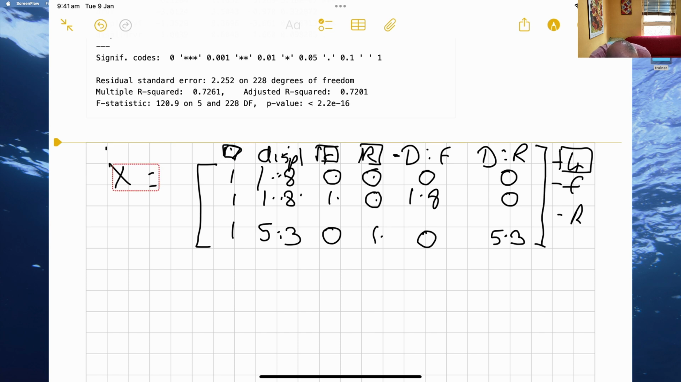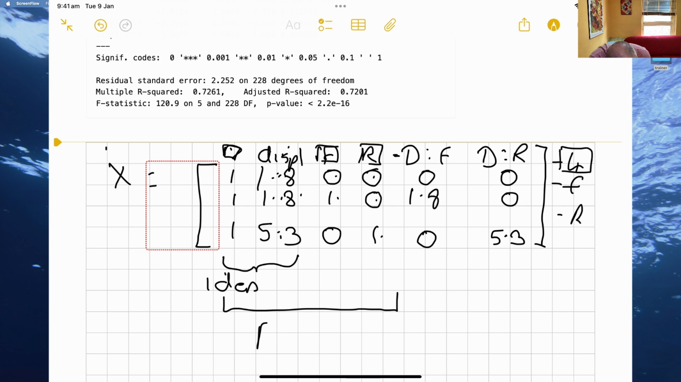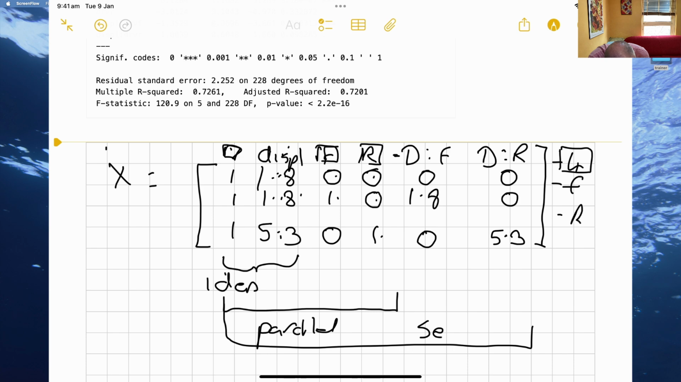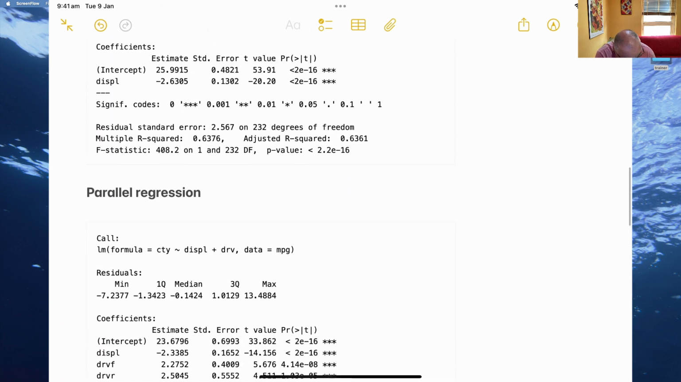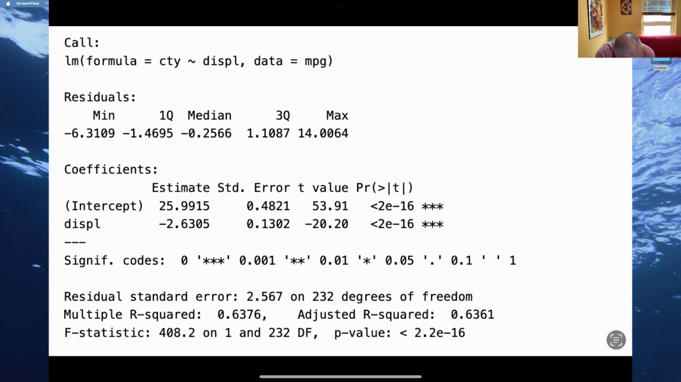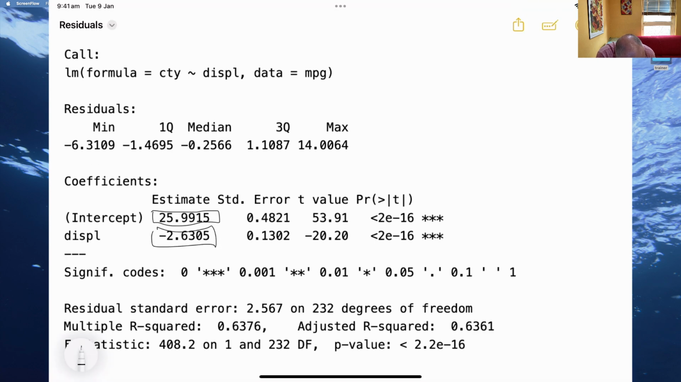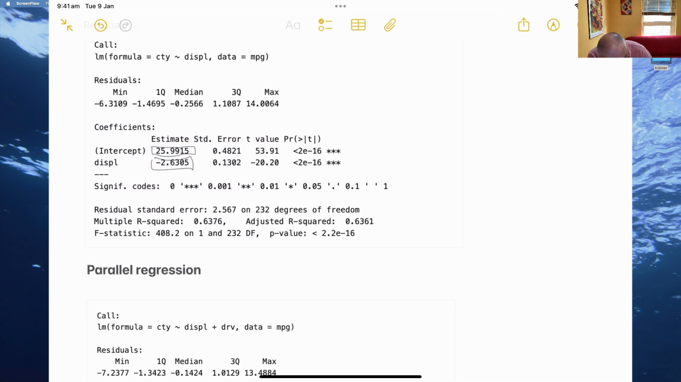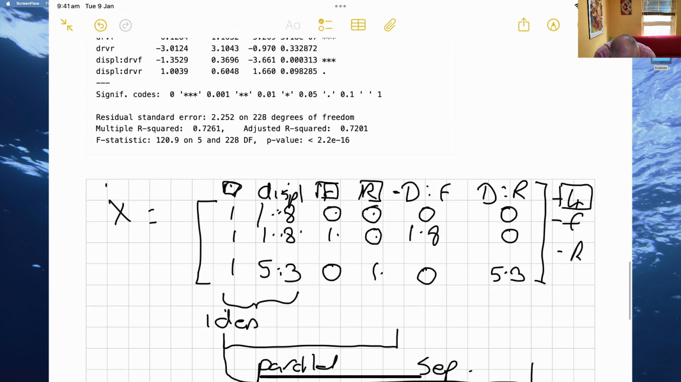So this would be your simple one. This would be your identical. If you then did all of this, this would be your parallel. And finally, if you did all of them, this would be your separate. Easy. So that's what R does under the hood. So if we look at the parallel, what it's done is you can see here, it's estimated the intercept, so that's that number, and it's estimated the slope. Okay, so if I wanted the model for that, if I wanted to write it down,